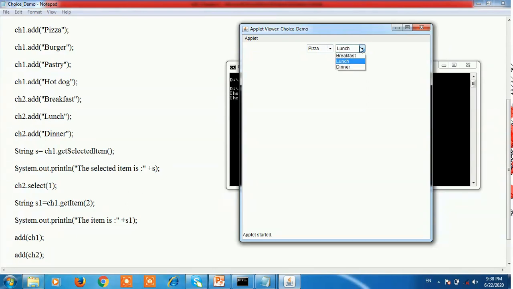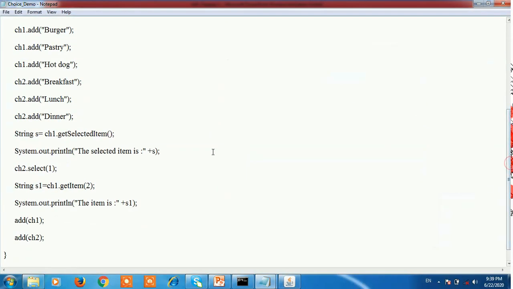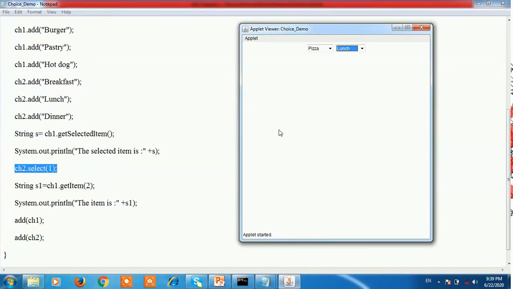And in the second choice, we select a particular item using the select method, and the index is 1. See here, the index is 1. So in that second choice, lunch is selected at the time of running the program. This is the output of our ChoiceDemo program.